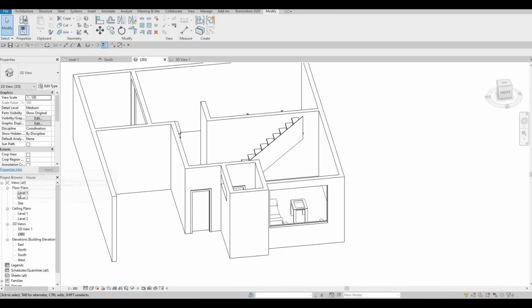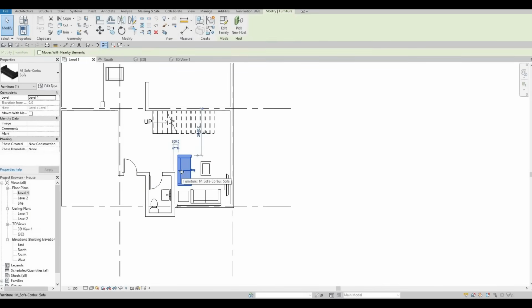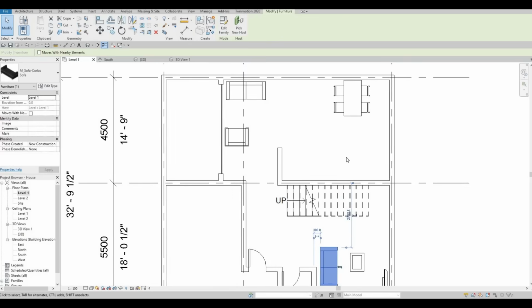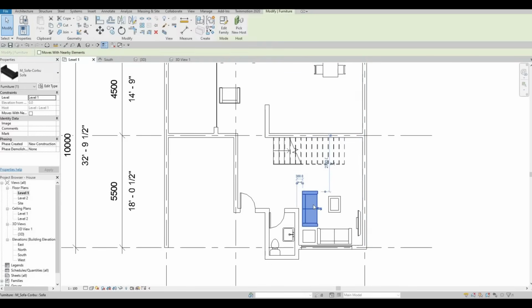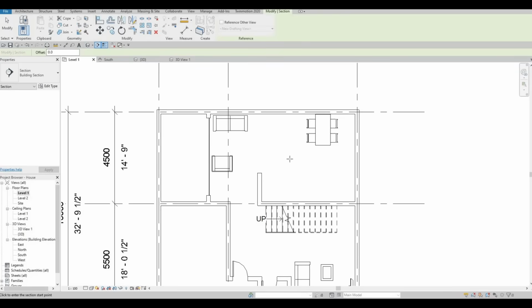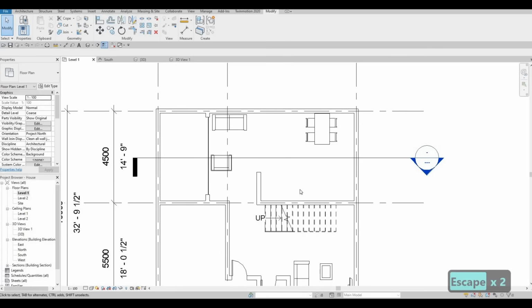So now, in this video, I want to concentrate on the kitchen. I want to create the kitchen. So right now, I want to do a section. So a building section. And then from this section, we will create